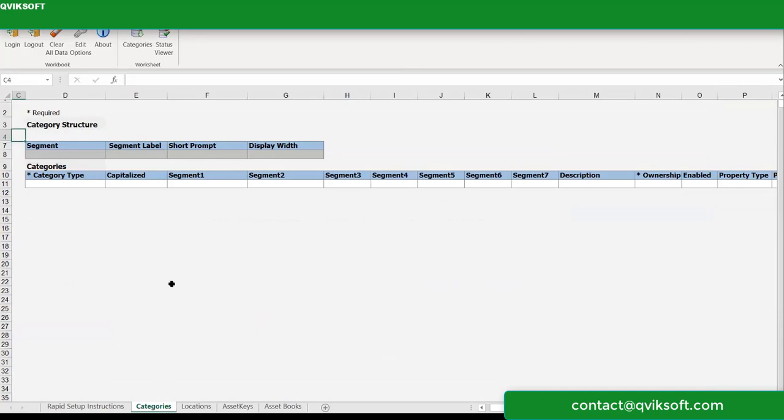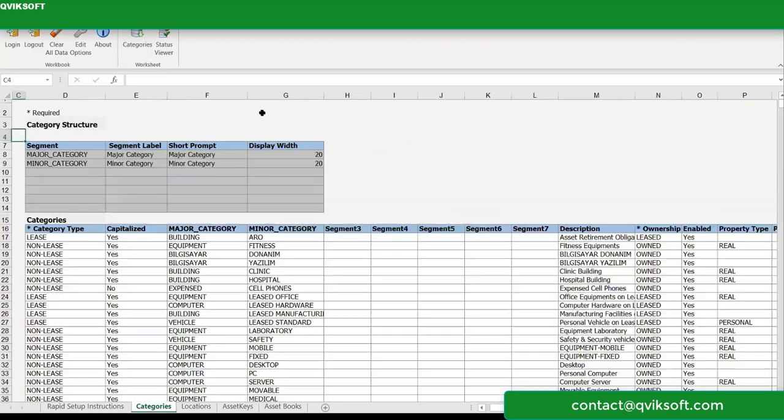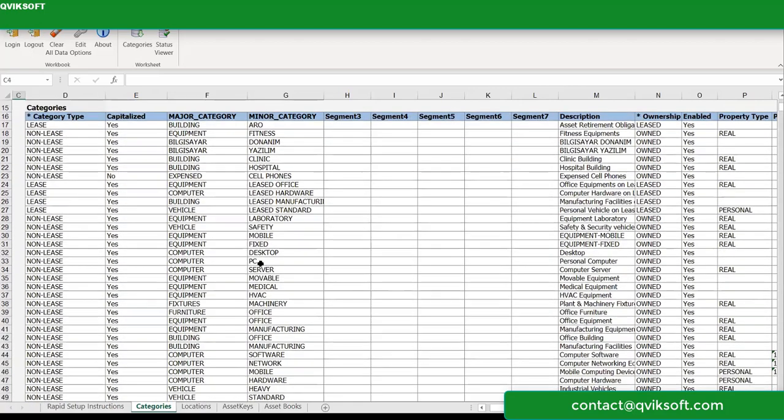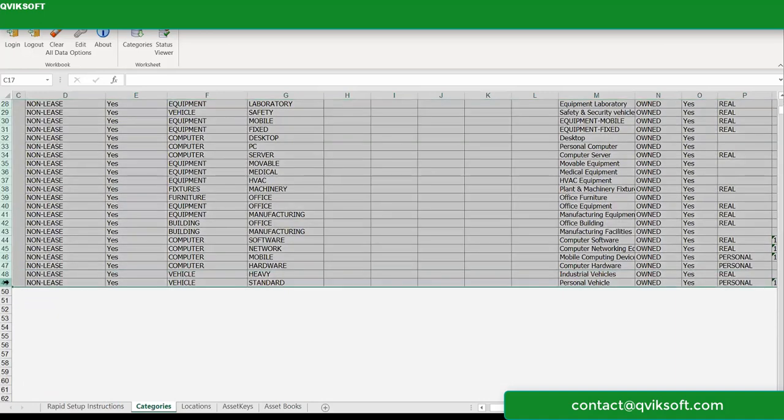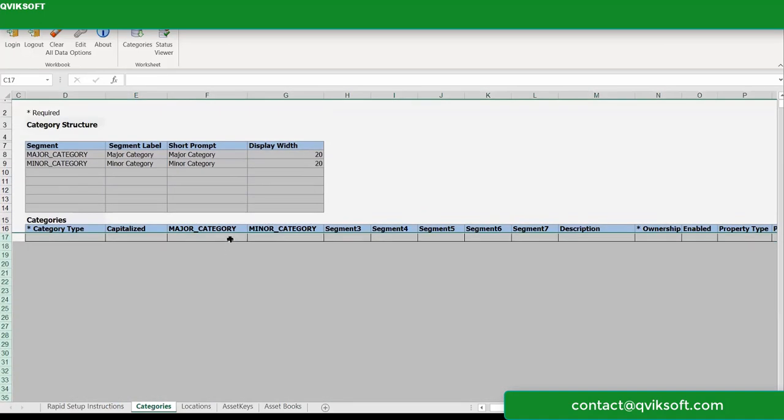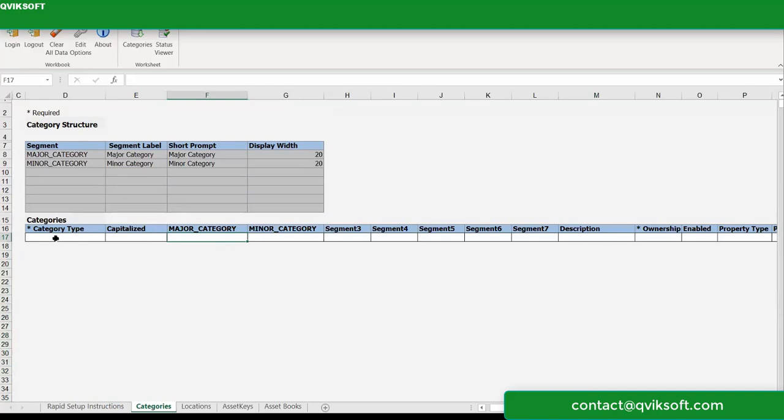I go to the category sheet. You see the empty sheet. In this sheet, if you're going to add more categories, which you may have defined previously in the create category, but now you have a lot more categories to define, then the first step is to click on these categories. This is going to populate all existing categories, which you can modify, and also add to if required. Look at this sheet for any required changes. If you don't need any more changes here, you can delete this. But the important thing to remember is that before you populate data here, this sheet should be populated, and in order to populate this, you should click on this categories button.